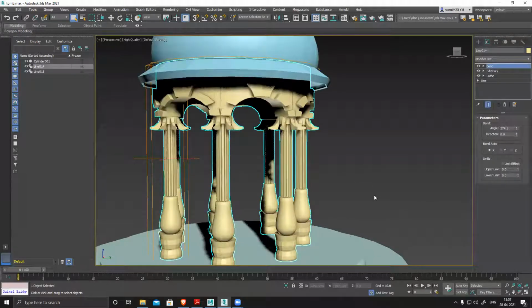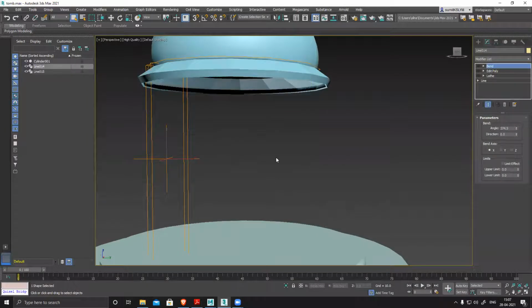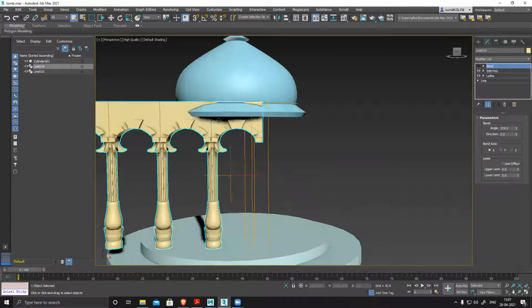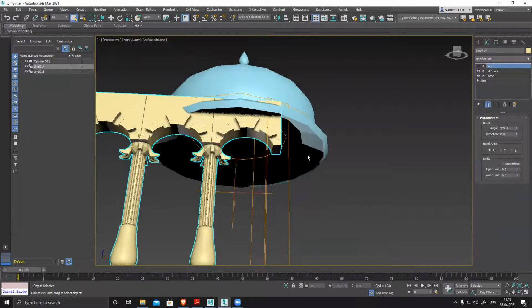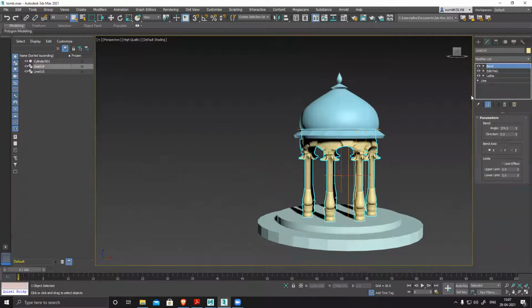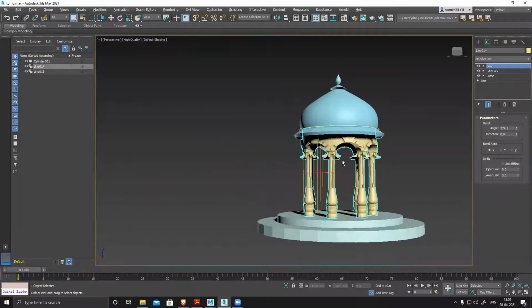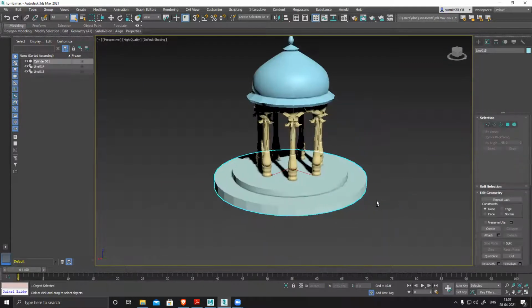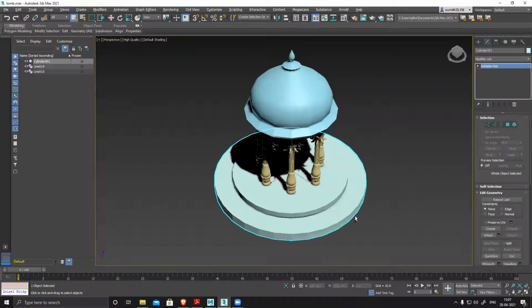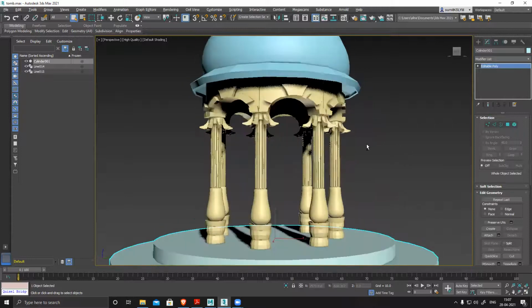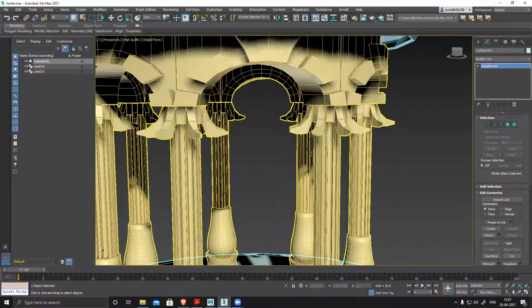But if I show you how I have done it, it was just a line, applied lathe, then edit poly, and created this entire thing, and then duplicated and attached it, and then used a bend modifier. This is again also lathe and some edit poly. This is just polygon mode, poly modeling. It looks like so many things are happening here and there, but it's pretty simple, pretty easy, not very complicated.